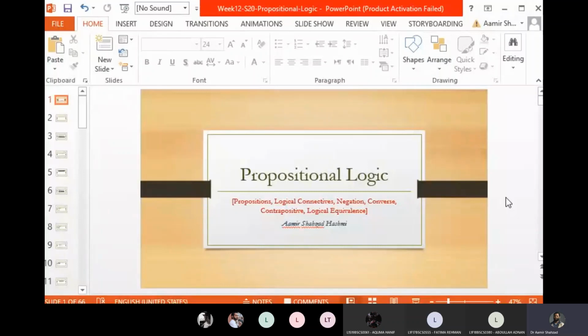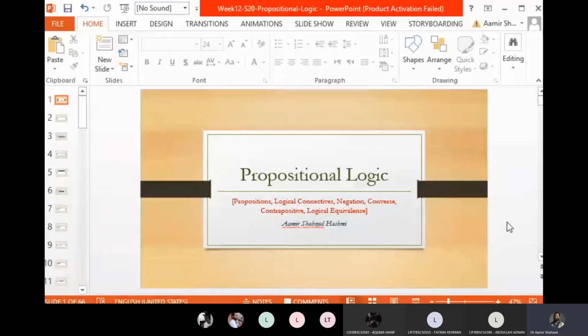So propositions are statements. सबसे पहले हम basic terminology सीखते हैं, and then we will analyze the logic. So propositions are statements whose answer is yes or no. Any statement about which we can say true or false, whether this statement is true or this statement is false. So we can say this is a proposition. So a proposition is any statement about which we can say yes or no, true or false, 1 or 0, जिसका